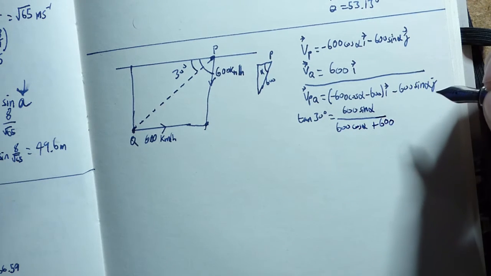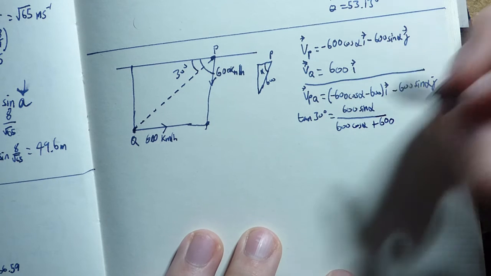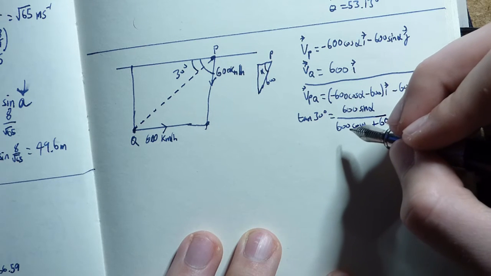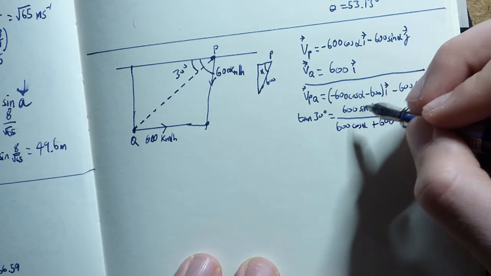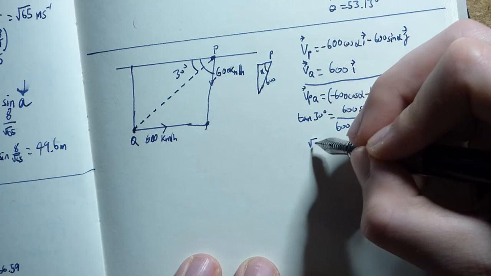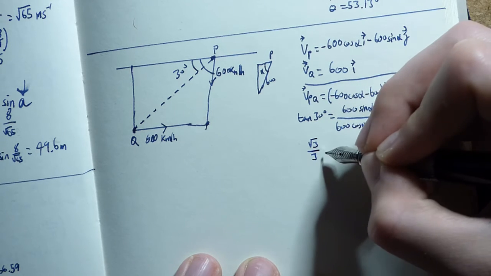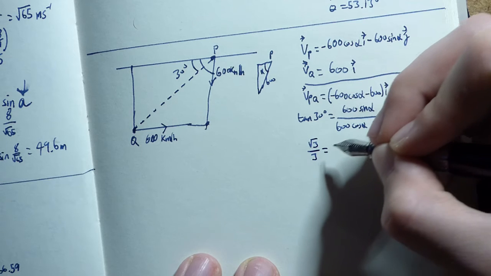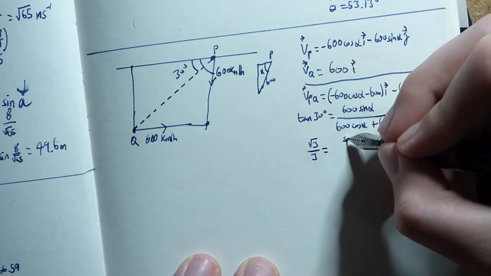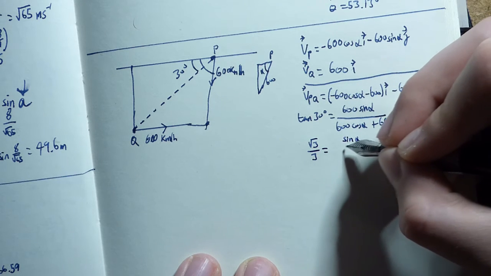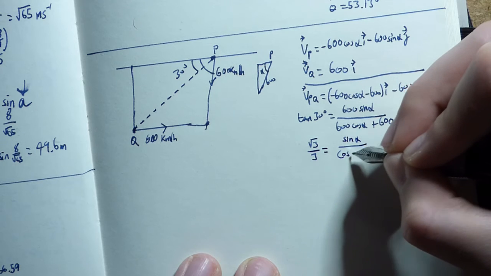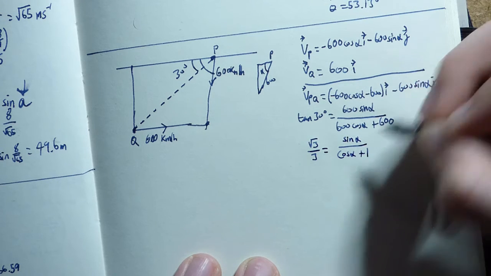That's just because q is perfectly still when you're doing velocity of p relative to q, so it's just the p component. So it's basically a still triangle now. So tan 30 is root 3 over 3, and you divide the right side by 600, so you're just left with sine alpha over cos alpha plus 1,